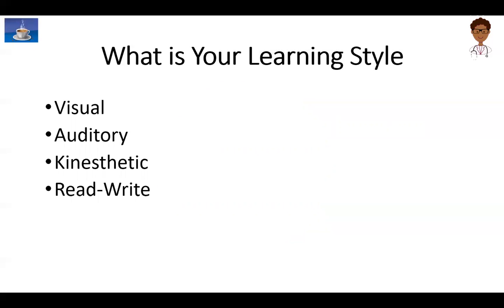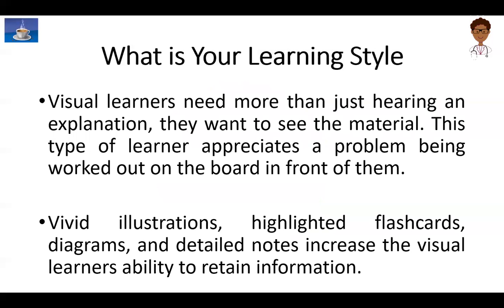There's visual, auditory, kinesthetic, and then read, write learners. So when we talk about visual learners, they need more, right? They need to see it. They need pictures, right? And so this kind of learner, I find when I'm teaching in the classroom, I use some visual aids, and I'm going to share those with you at the end because it kind of helps them make everything solidified. And a lot of times, these illustrations, these diagrams, these even cartoons help the student to retain the information